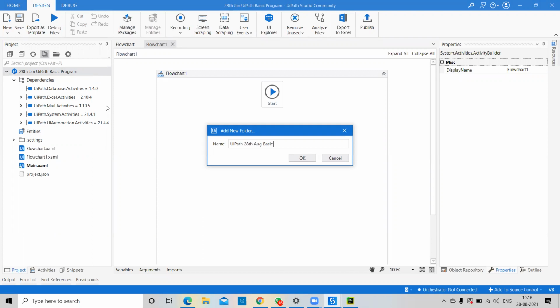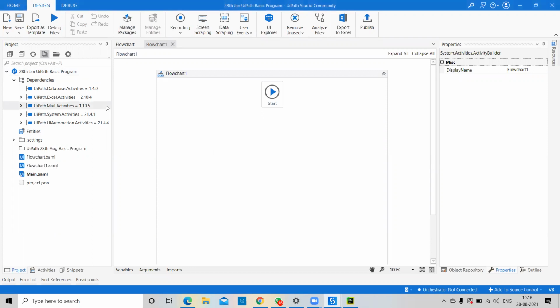Depending on this you can pass all the data and create the folder. This is the benefit of the folder, that you are able to understand that on 28th of August we created the basic program. Tomorrow if you start, you can pass 29, 30, 31. This feature they provided after 2020; it was not there in 2016, 2017, 2018, 2019. After 2020 they provided the folder part.